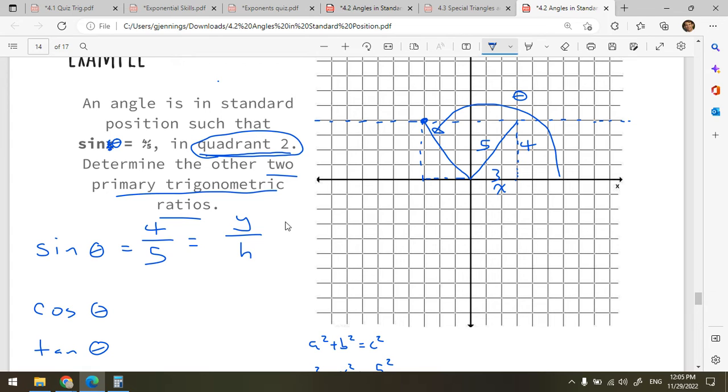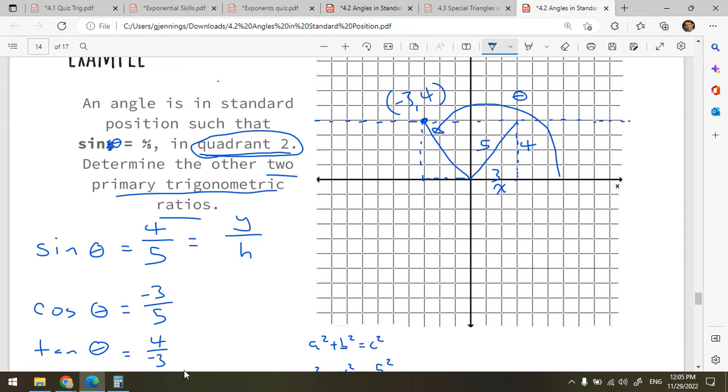So we can label this point as negative 3, 4. And we can write the other ratios. Cosine for this would be -3 over 5, and tangent would be y over x, so 4 over -3. Okay, so now we have found the other two primary trigonometric ratios, and the question didn't ask for it, but